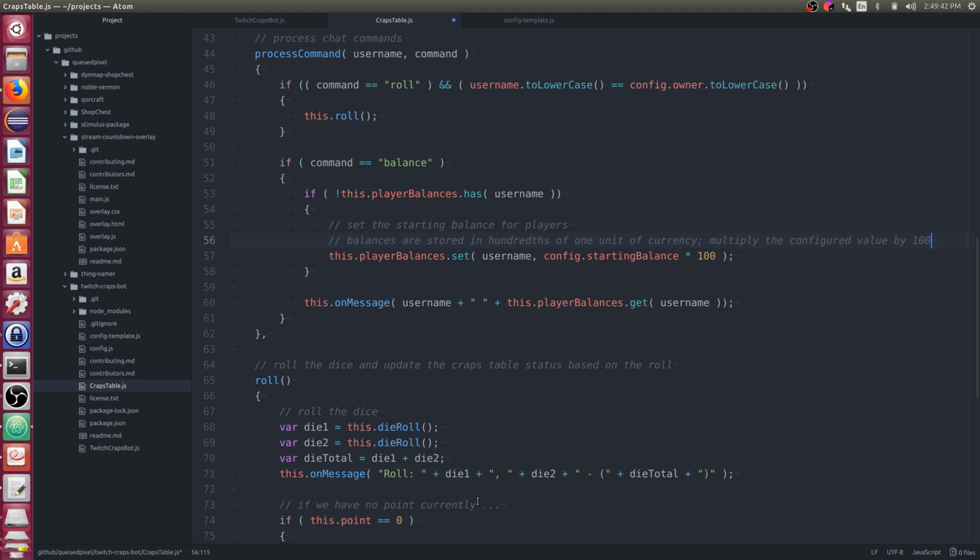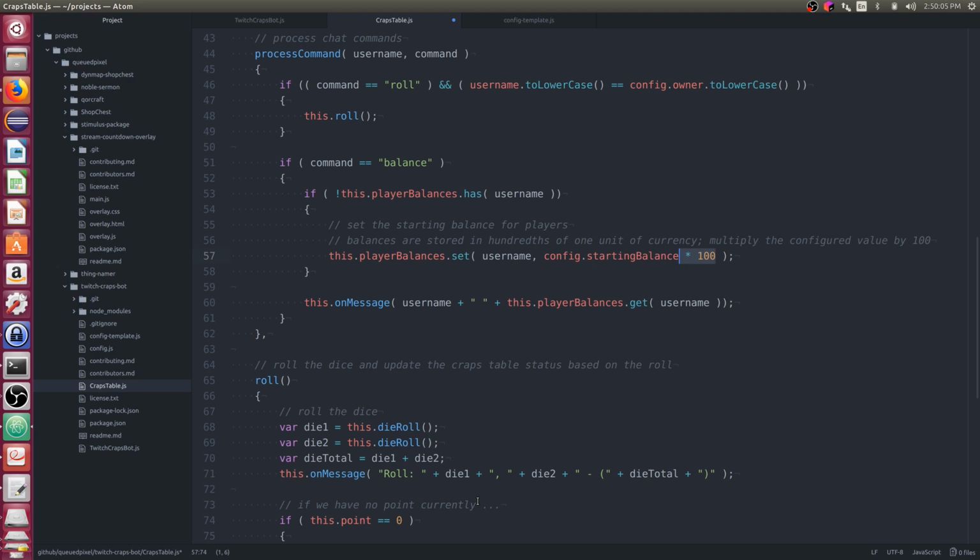So I was talking a little bit about comments last time and how you have comments that are really useless. You have a line of code that says I++, and then a comment that says increment I. Well, no crap, I can look at the code and see that's what's happening. So here we have this weird multiplication. We multiply the starting balance by 100.